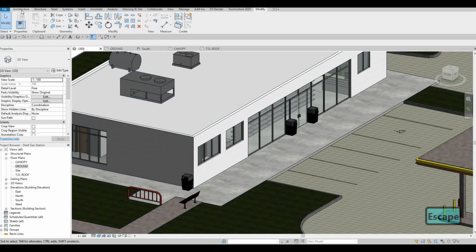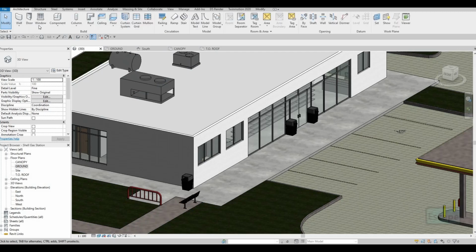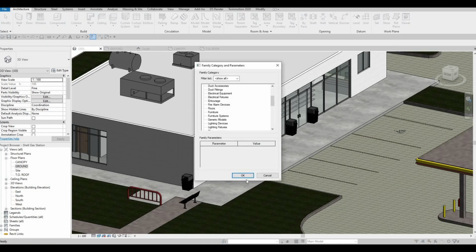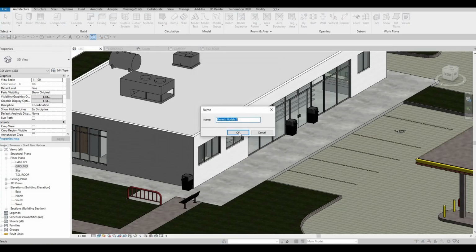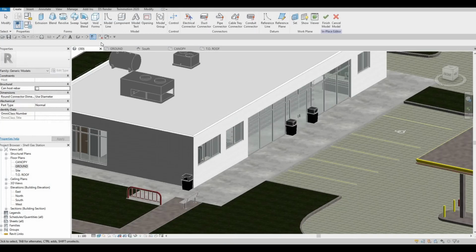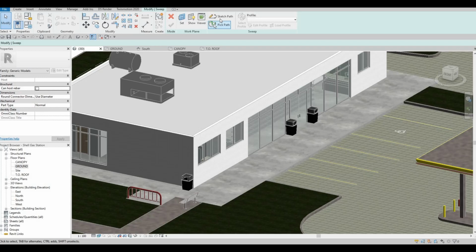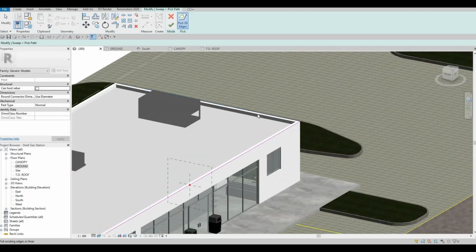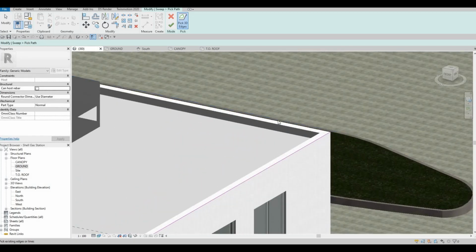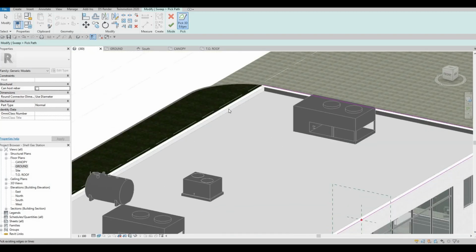I'm going to click on model in place, generic model. This will be model number 7, and then we're gonna do a pick path, and then we're gonna choose the 3D right here, and then we're gonna do it around the building,